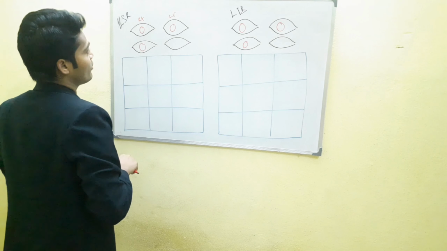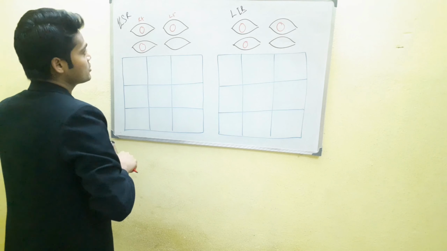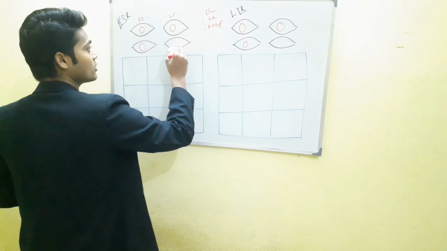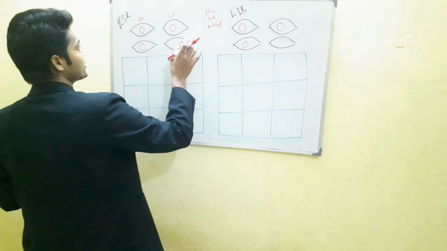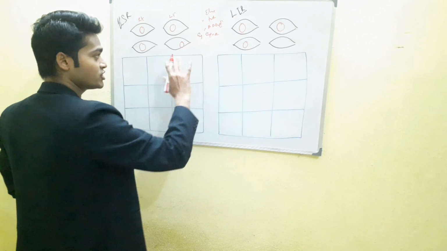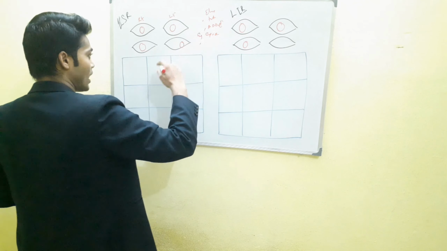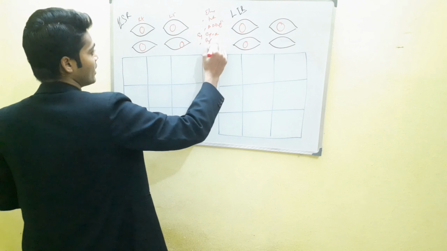Just think, what is the superior rectus muscle function? The superior rectus muscle function is that the eye is elevated, right? The second one is intorsion, the third one is adduction. They don't do this because they are paralyzed. The eye is shifting in the opposite direction. Instead of elevation, it is going downward. Extorsion, abduction, meaning the eye is presenting here, right? If the eye is presenting here, then morphologically the eye position is exo, meaning the image is getting crossed, and the eye positioning is R over L, right?